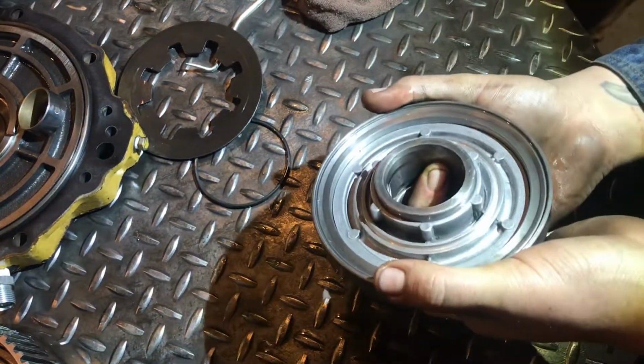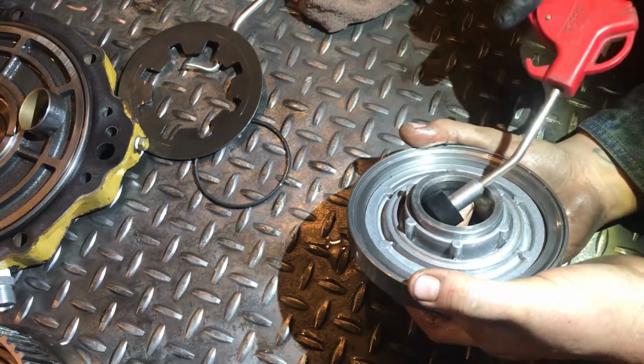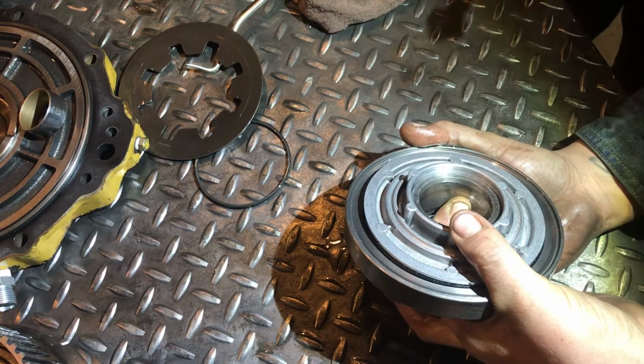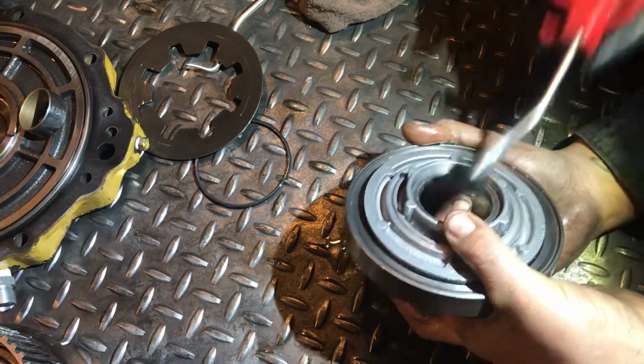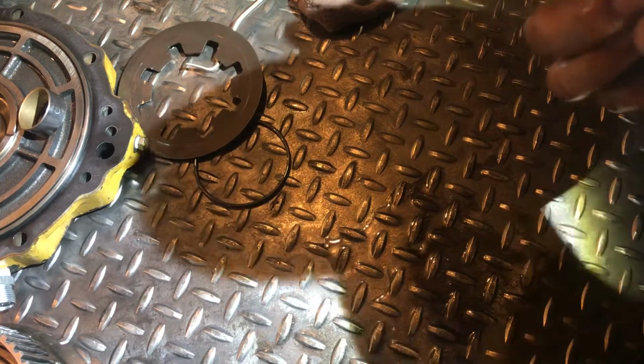And then if you want to blow in that one there. Inside here? Yeah. More. Okay. I guess that's all we're going to get. I can get the smaller one if you want. But